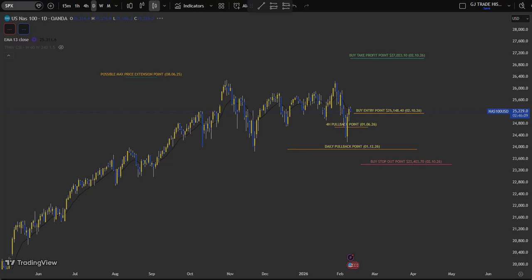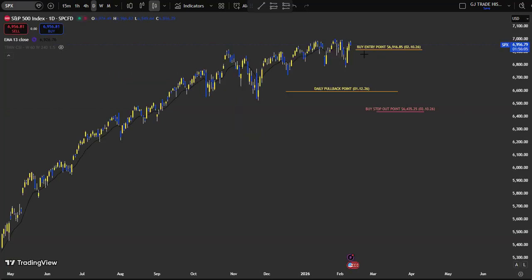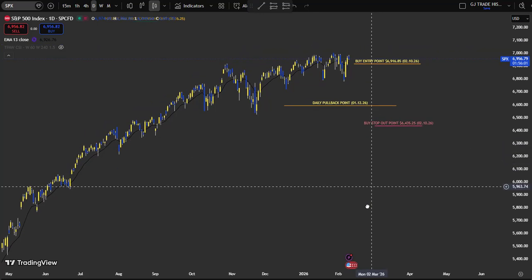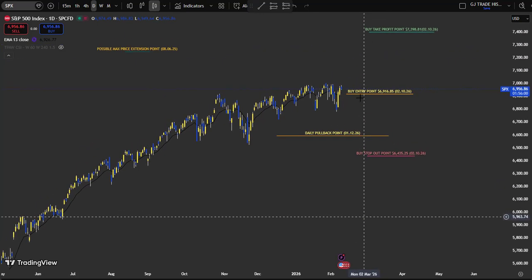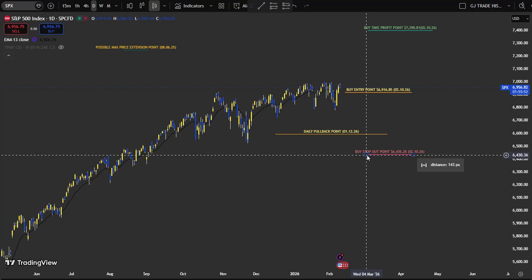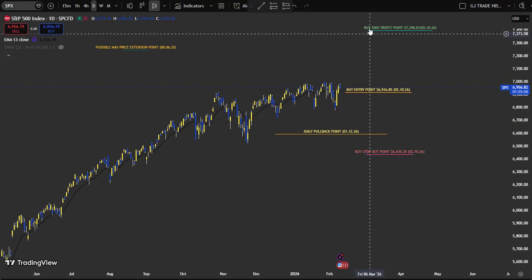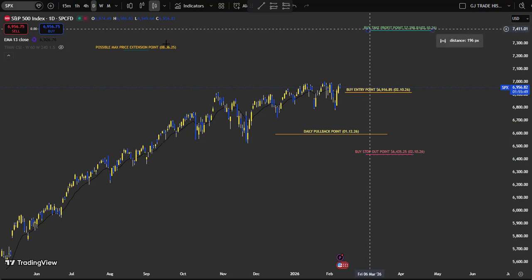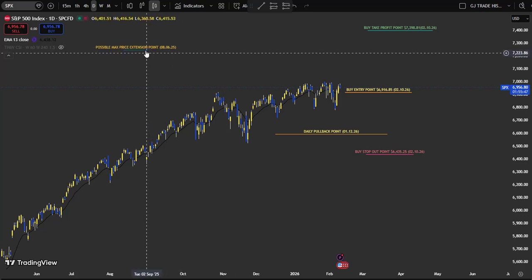All right, and then wrapping up with the S&P 500. We've got price right here. It's still screwing around, but I definitely expect it to continue higher. It could pull back, but we're going to put a buy entry at 69.1685 and a stop out at 64.3525, and with a take profit of 73.9881, which goes beyond that max extension point that I set back in August